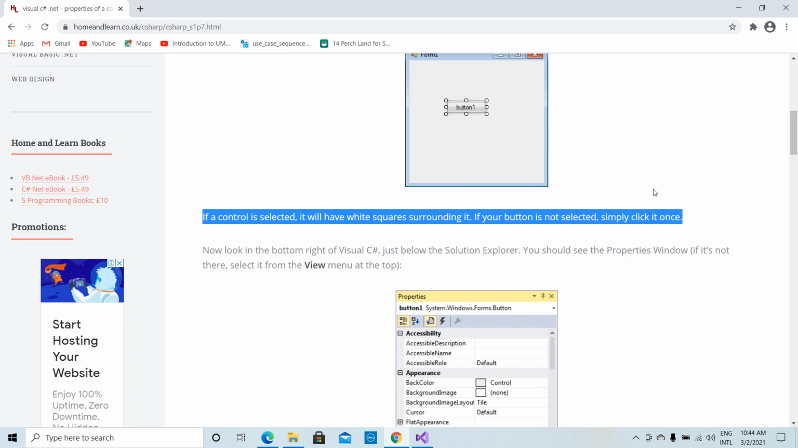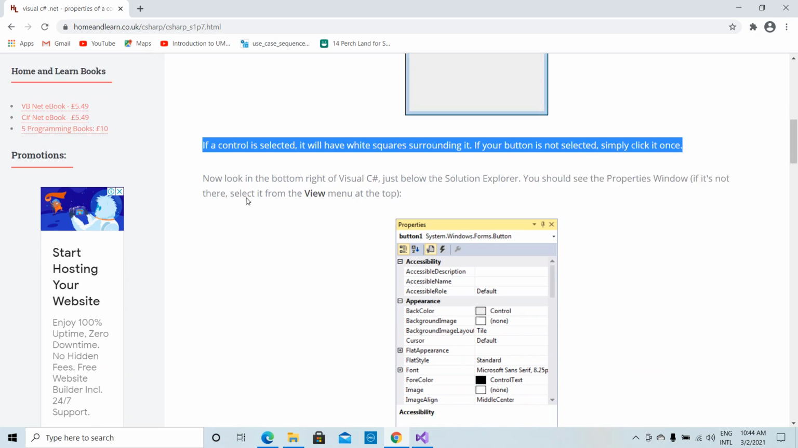Only once you have to select it, don't double click. Okay, now